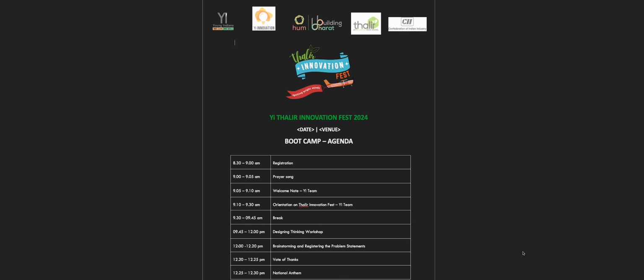That's going to be the key part, because that's where we will talk more about what this event means, the objective, the vision, the rules and regulations, and details about what each level means in the competition. We'll go through those specific details in the upcoming slides, but generally that's where you set the context of the Innovation Fest for the schools that have registered. We take a logical break in the agenda, and then we move on to the design thinking workshop. The idea of this workshop is to make sure that the kids understand what design thinking is, the process of design thinking, and also get a first-hand experience of it.